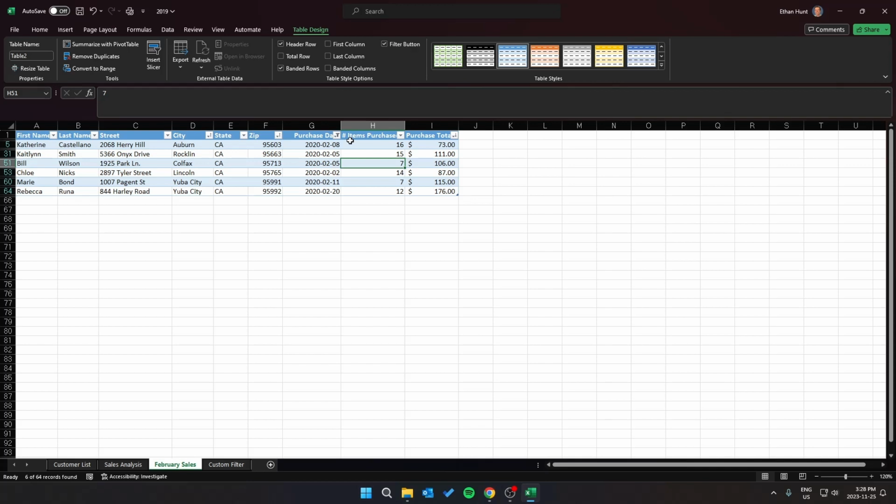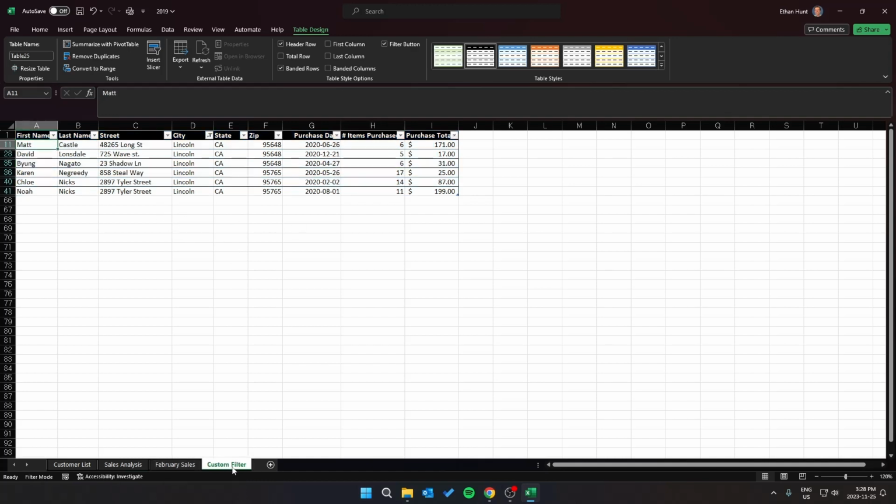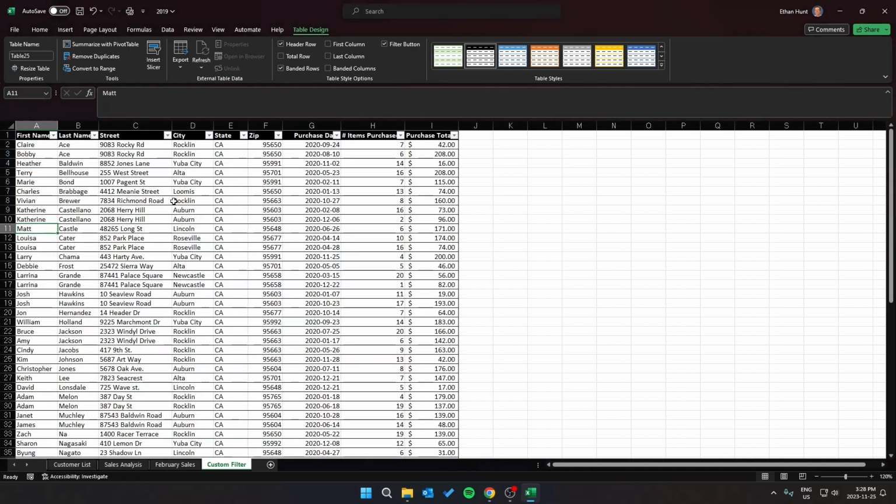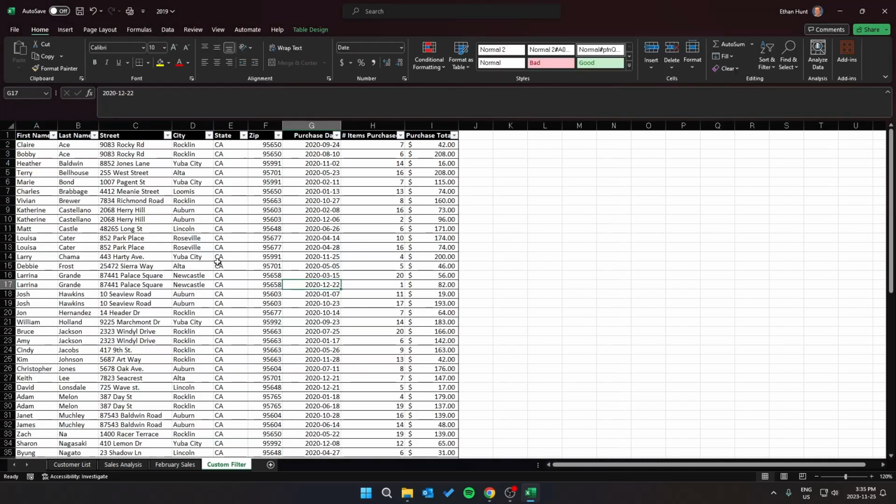Next, we're going to create the custom filter table. We're done with this one, so we're going to move on to custom filter down here. What we're going to do is clear the existing filter from the city worksheet. You can see there's this filter on the city worksheet. We're going to click on this, click clear filter. It's gone. Okay, next what we want to do is step 6C, where we want to create a criteria range